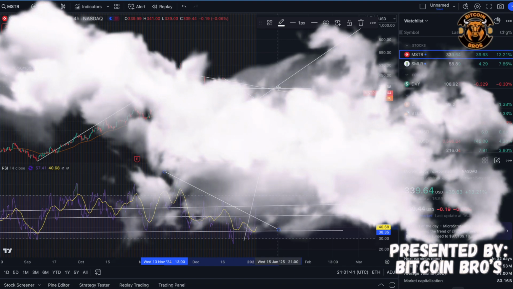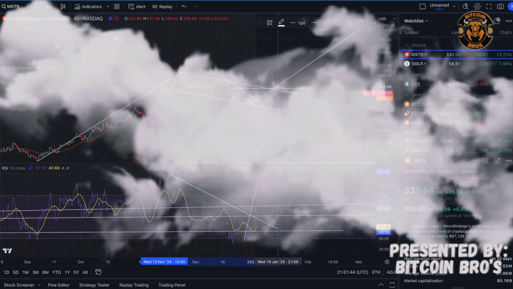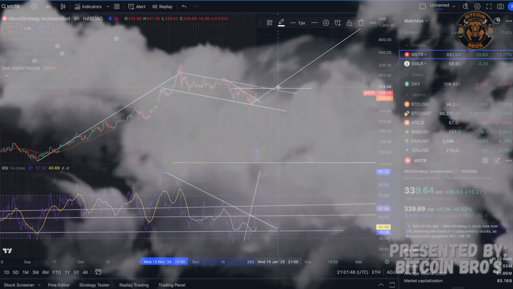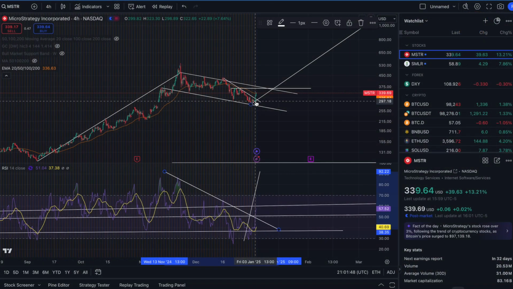We're not wasting any time, guys. We're getting straight into the charts. And what are we talking about today? We're talking about MicroStrategy. And looking at these charts here, we can see MicroStrategy at the start of business today was below $300. And look, we had this blast up. Now, why do we think that this is bullish?